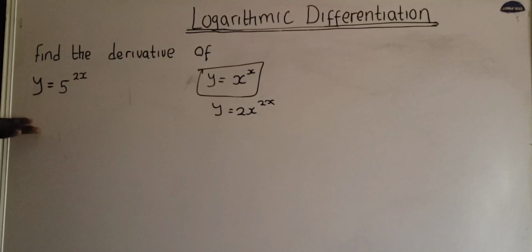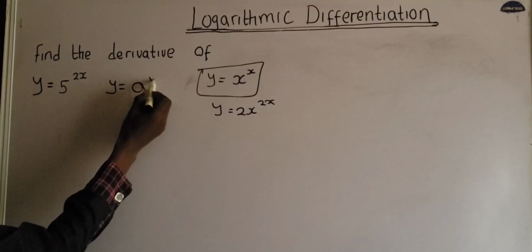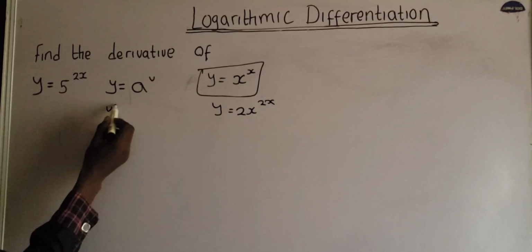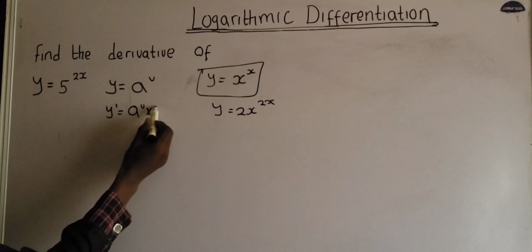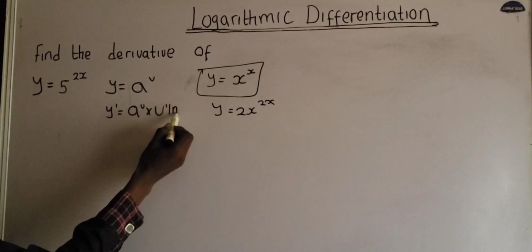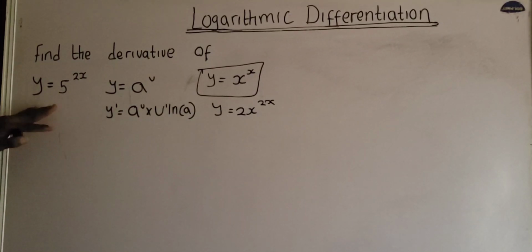But in today's class, we are going to learn how to differentiate a function of this form. I'm going to give you a formula that you can use to differentiate a function of this form. When you are told to differentiate a function that looks like this, a raised to the power of u, the derivative of y using that formula is a raised to the power of u multiplied by the derivative of u multiplied by the natural log of a. With this formula, you will be able to differentiate any function that looks like this. You understand? Now, let us use this formula to differentiate